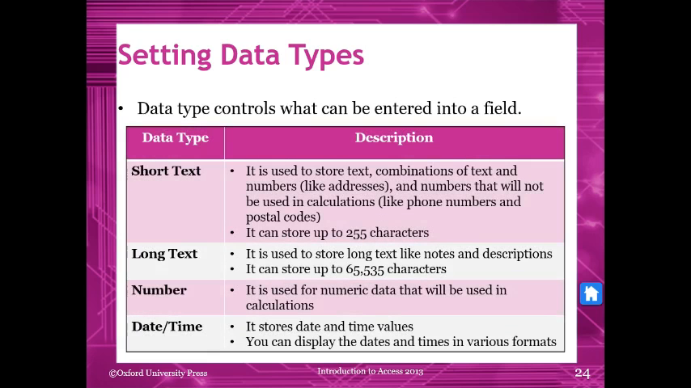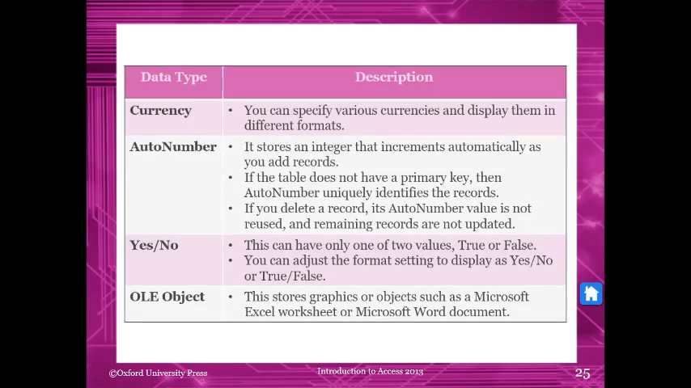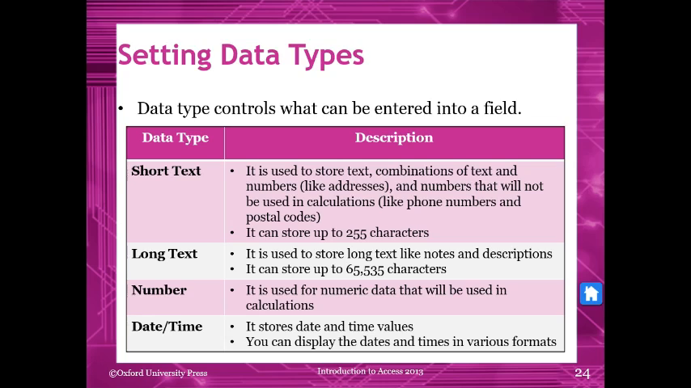Setting data types. Data type controls what can be entered into a field. Data type description. Short Text. It is used to store text, combinations of text and numbers like addresses, and numbers that will not be used in calculations like phone numbers and postal codes. It can store up to 255 characters. Long Text. It is used to store long text like notes and descriptions. It can store up to